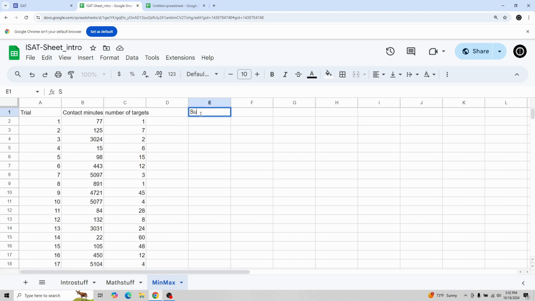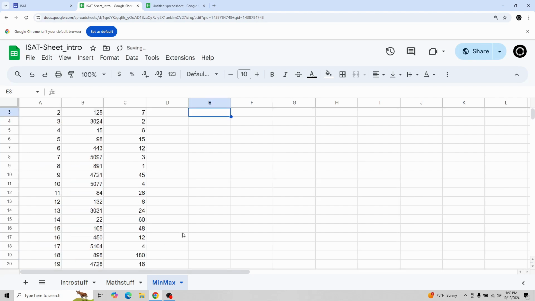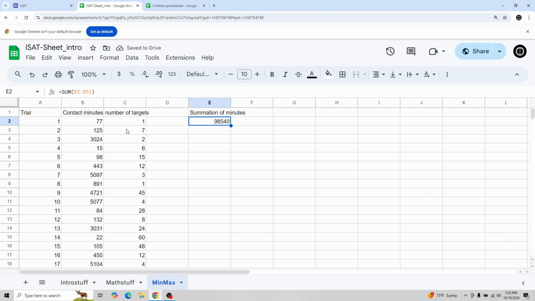First off, let's find the summation of minutes. And for that, I'm going to do the following. Equals sum, for summation, and that means adding stuff up, and it tells me basically select all the things you want to add up. Instead of clicking on each of them, I can actually left click and hold down and drag down, let's say that I have 50 trials, and these are all the ones that I want. I hit enter, and now my total number of these combined, adding it all up, comes up to